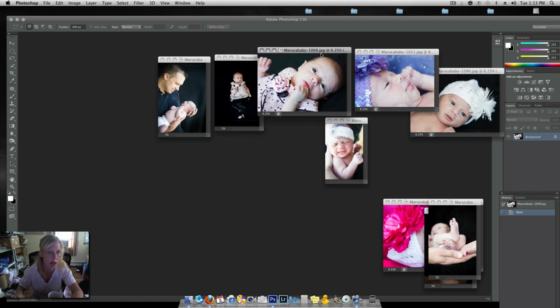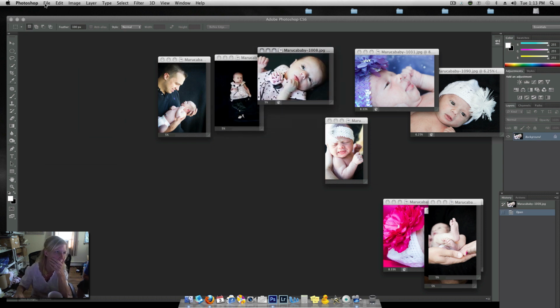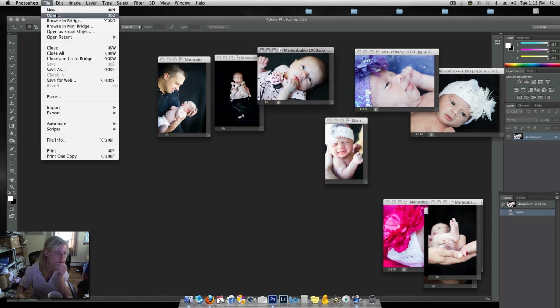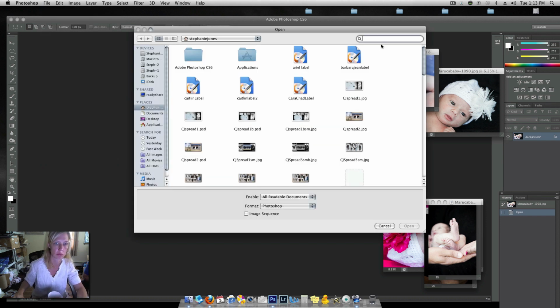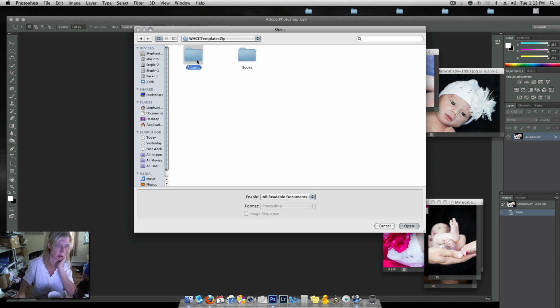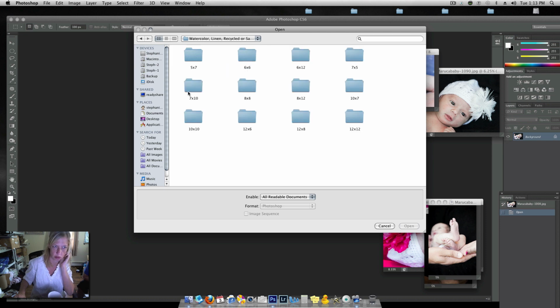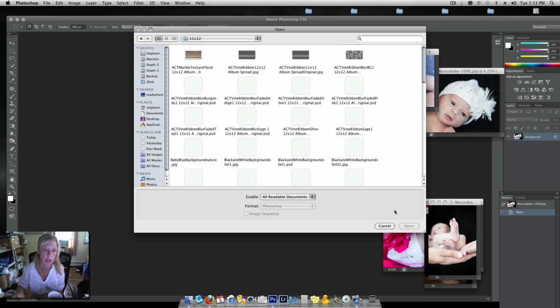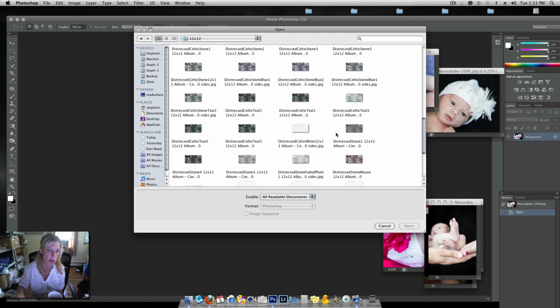Okay, so then I'm going to open the spread. On my computer, it's under White House Custom Color Templates. And I always do the 12 by 12, because that way, if they get a smaller one,